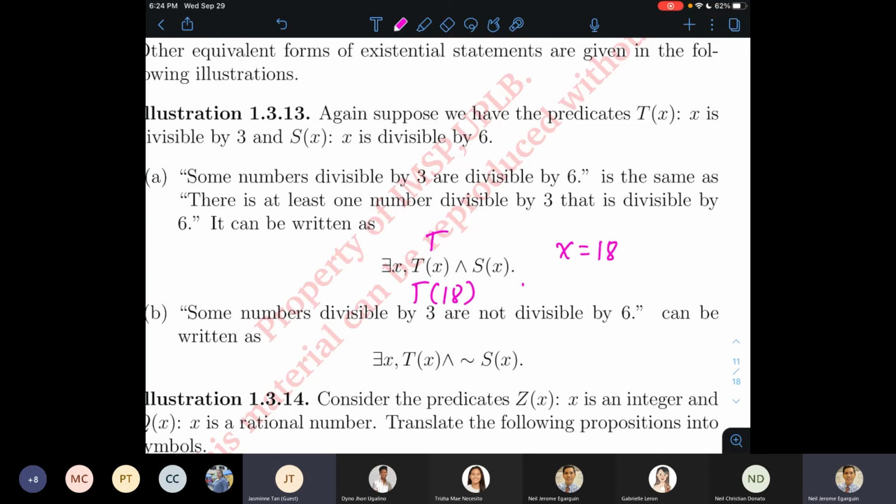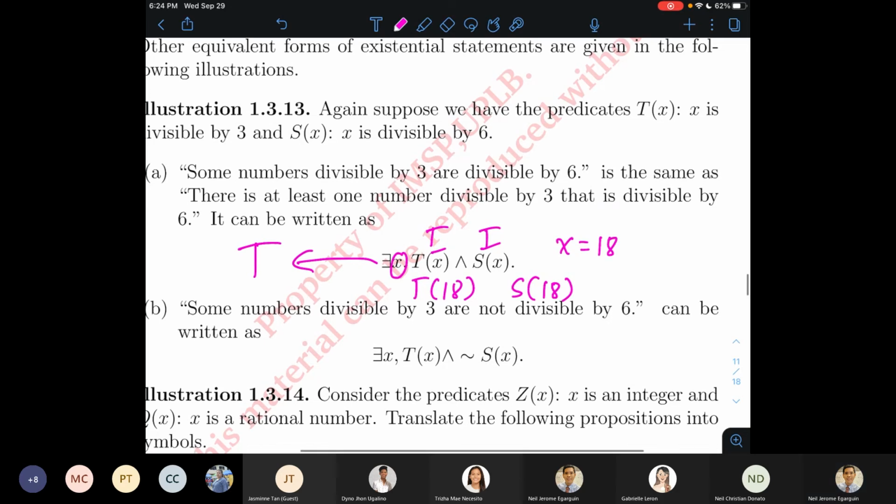Tapos S of 18. 18 is divisible by 6. True. True and true. That's true. So we have found at least one X. So therefore, this quantified statement is also true. Okay. Thank you, Jasmine. And then